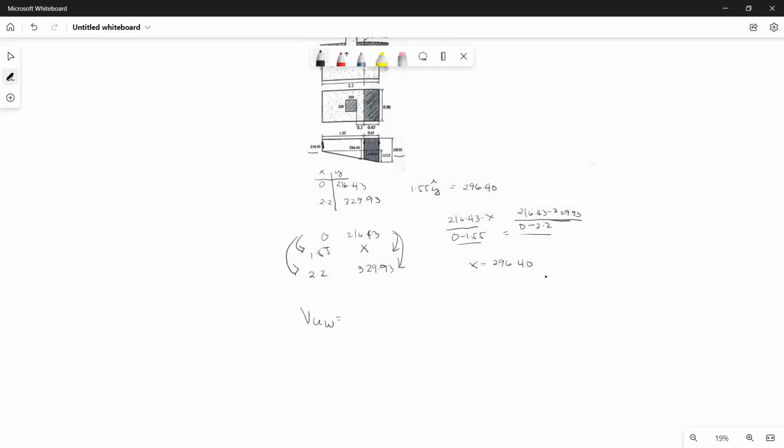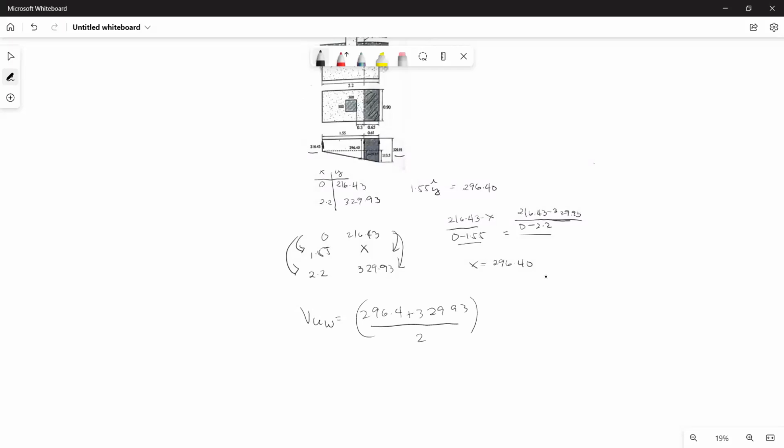So kailangan mo kunin yung area ng trapezoid. Okay, so paano ba kukunin yung area ng trapezoid? Di ba that is yung average height or yung mid height nila. So average height nila, so 296.4 plus 329.93 divided by 2. Or basically yan yung sa formula na B1 plus B2